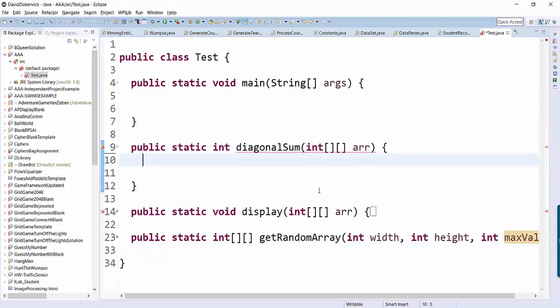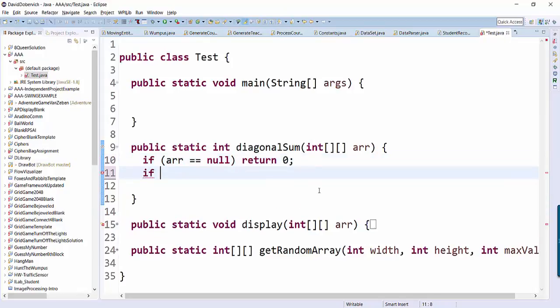Okay, so diagonal sum. I guess the first thing I'm going to do is check to make sure the array is not null. So if array equals null, I'm going to return 0. Next thing I'll do is check to make sure that it's square. So if array.length, which is the height of the array, is not equal to array element 0, the top row, dot length. So the length of the top row is like the number of columns. So if the number of rows is not the same as the number of columns, it's not square,